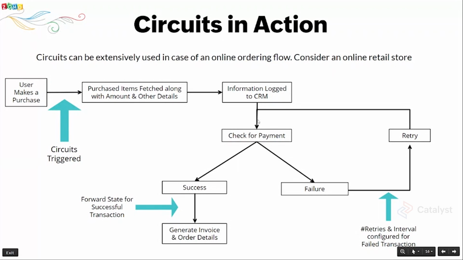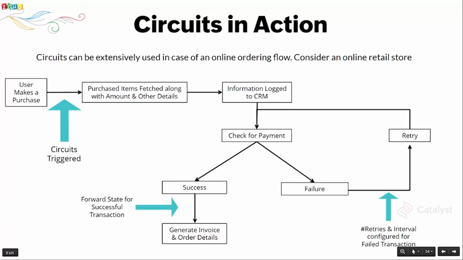Post that, when it moves further down into the buy flow, you check for payment. In case of a successful payment, you generate an invoice. In case of a failed payment, you generate a retry, or you prompt the user to change their payment method and try again. Now if you look at this particular example,